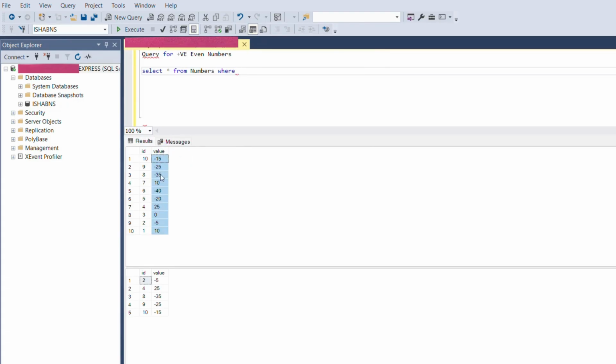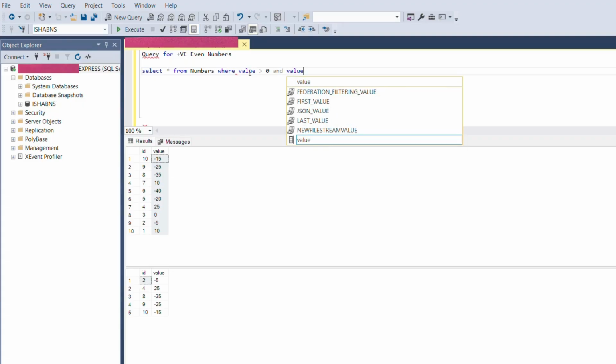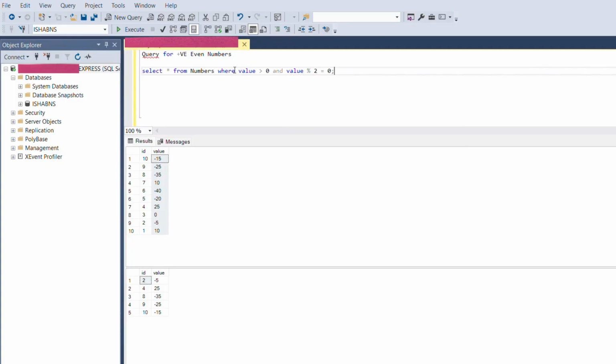On top of the value column only I'm taking this, because positive and negative numbers are in this column only. Value greater than 0 will give all the positive numbers, and value % 2 = 0 gives even numbers, so we get a combination of positive and even numbers. Let me query this and show you.